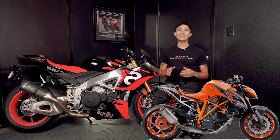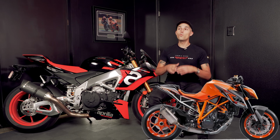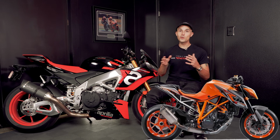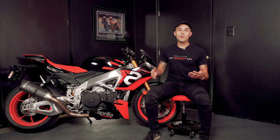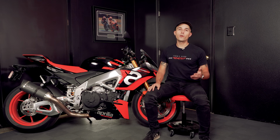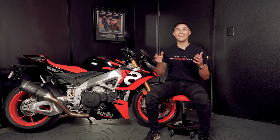That motorcycle was based a little bit on the RC8R Superbike, but it had a different frame and a way bigger engine, right? The Super Duke came with a 1301cc V-twin doing 175 horsepower, and it basically blew everyone's hair back, like, you can't put that in a naked bike, that's insane. Now, for reference, an FZ1 back in the day was making about 145 horsepower, and people thought that was pretty potent, but the KTM Super Duke really redefined everything that we thought of as being extremely fast in a naked